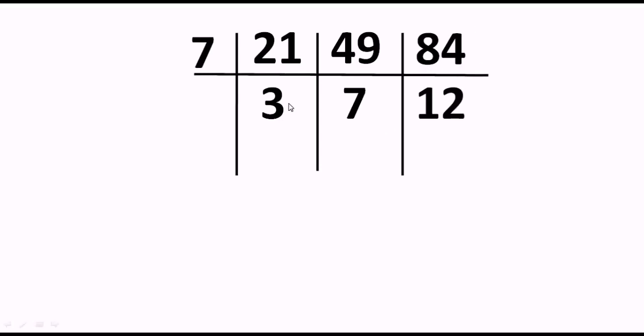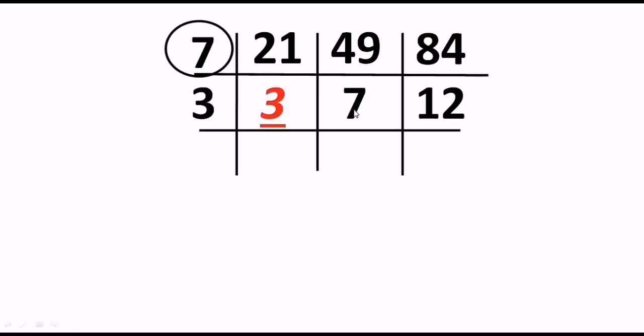And now observe the bottom layer. Moreover, 7 has divided all the numbers above, so we have to encircle it without fail. And now if you observe the bottom layer, you will come to know that 3, 7 and 12 are not at all present in one and the same table, because 7 is a prime and 3 is also prime, right? Moreover, if you observe deeply, you will come to know that 3 and 12 of the bottom layer are divisible by 3 itself, so we cannot stop, we have to move on by dividing by 3. The moment you divide 3 by 3, we get the answer 1.